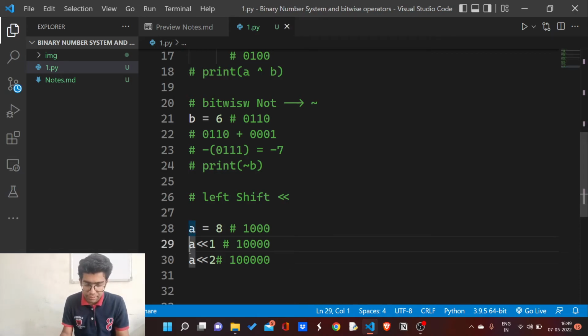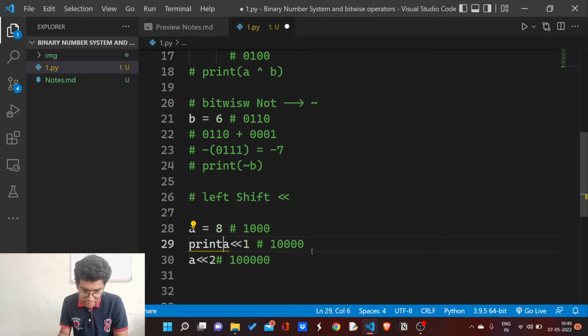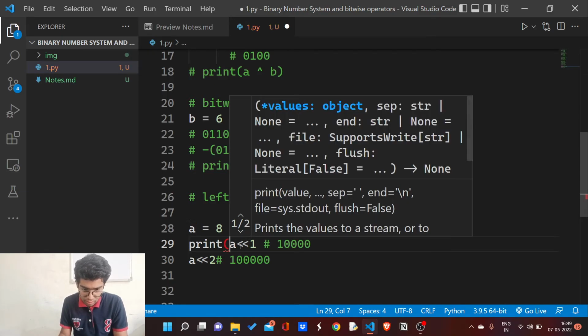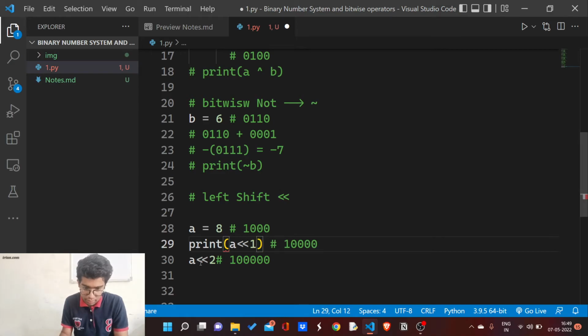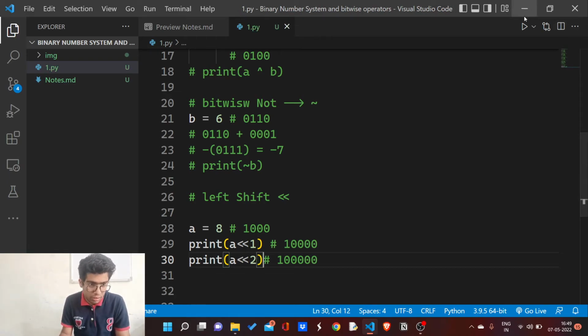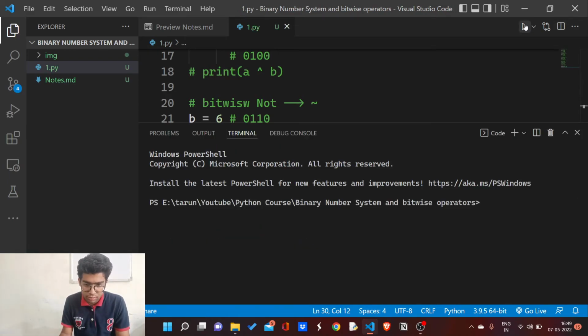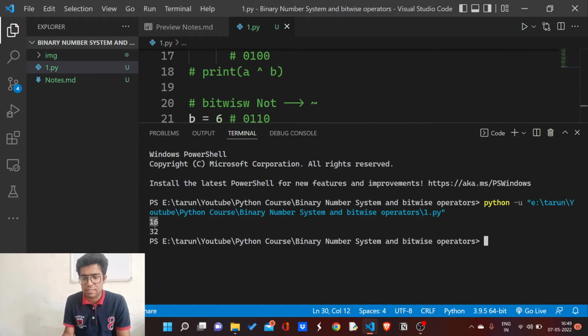Now I am going to print these outputs. This is 16 and this is 32. As you can see, 16 and 32.